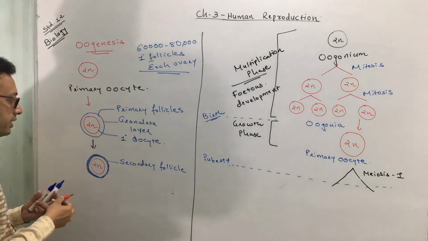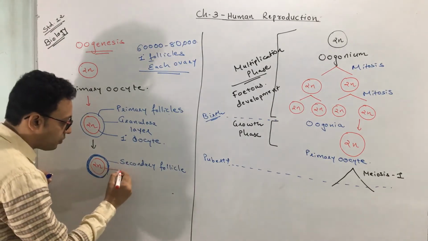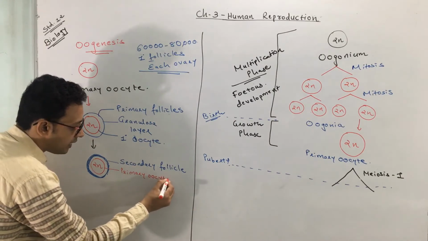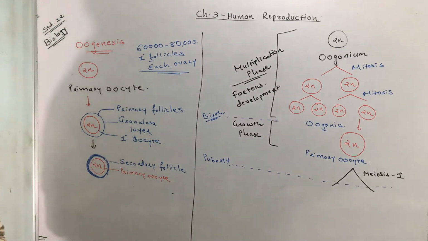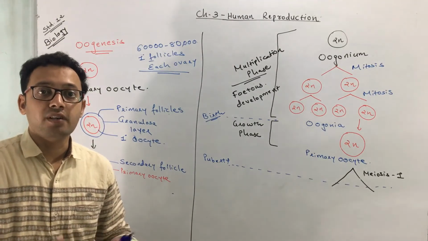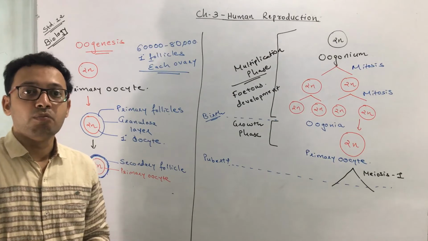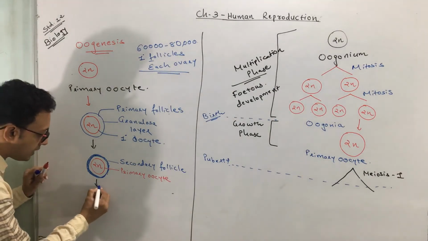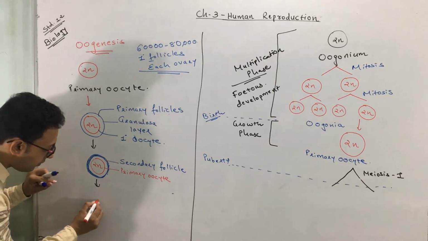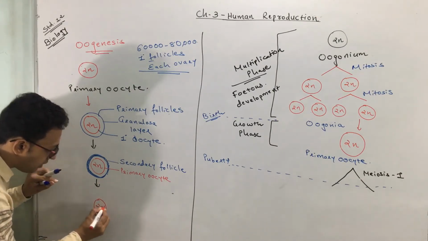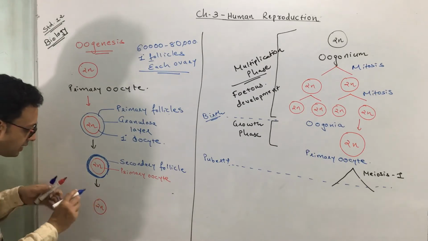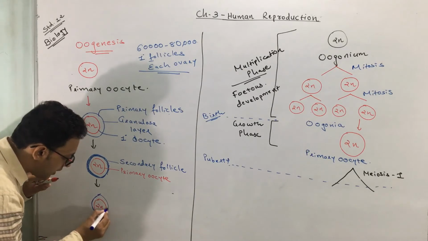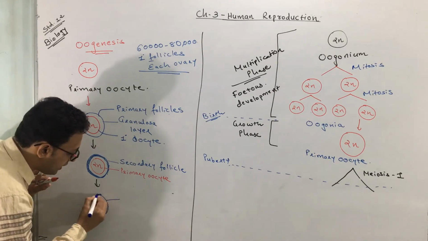Okay, and the inner one is called a primary oocyte. So now what is the condition? The primary oocyte is surrounded by a secondary follicle by the addition of more cells. Now what happens next? The next stage starts: this is the primary oocyte, and it is surrounded by yet another layer, and so the secondary follicle now gets converted to